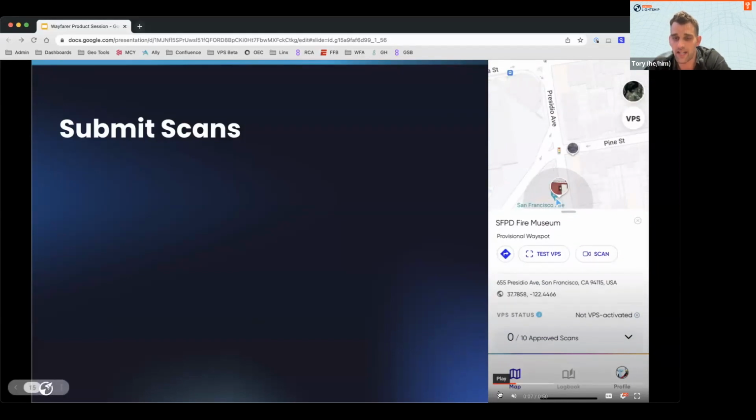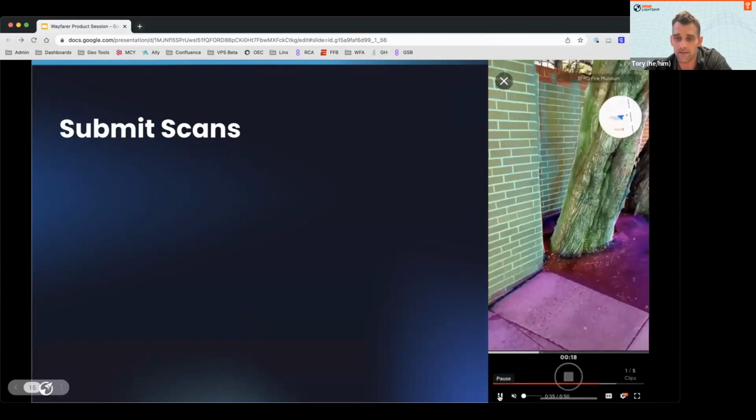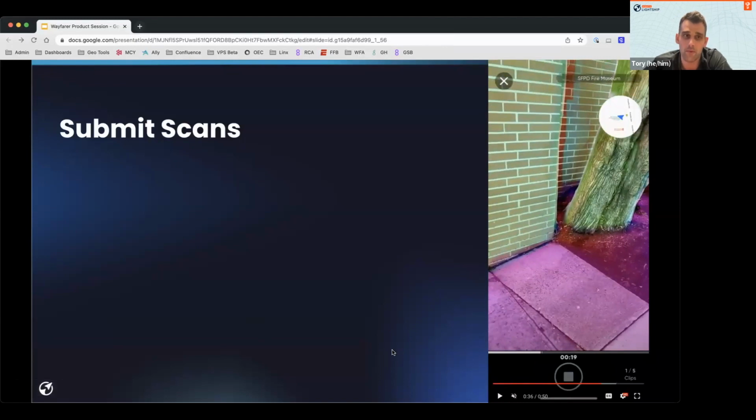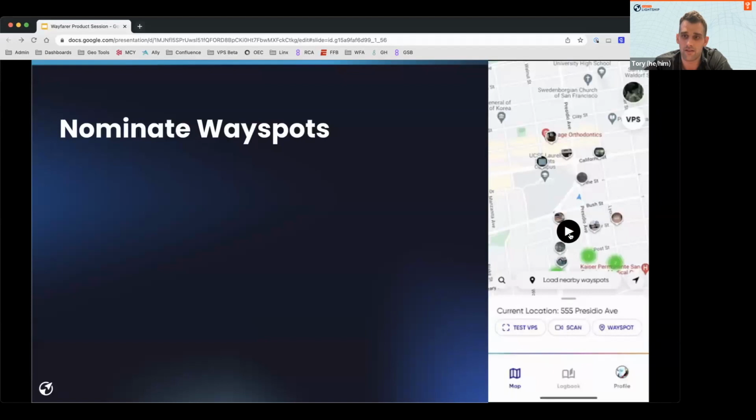It says 0 out of 10. So what I did is, okay, obviously I need to start scanning it. So I collect my first scan. And then after I upload that, we'll be at 1 out of 10. What that means is that when we get to the point where it does have enough scans,